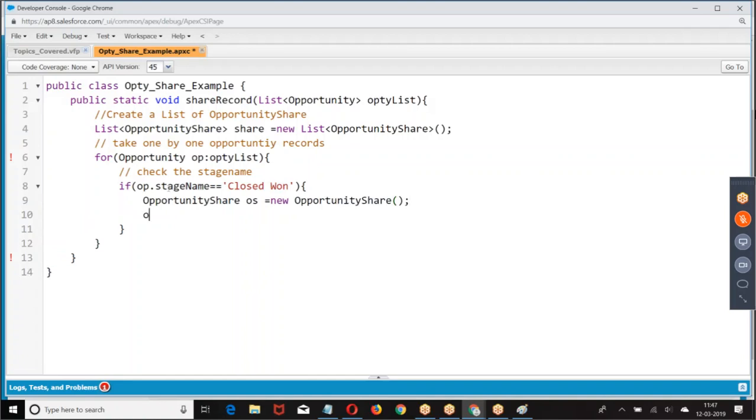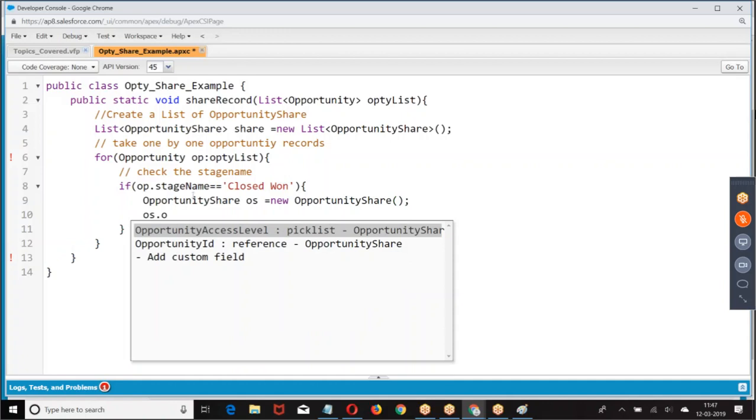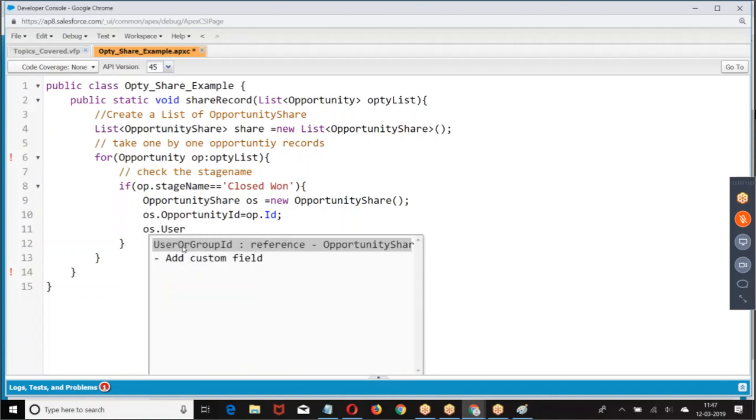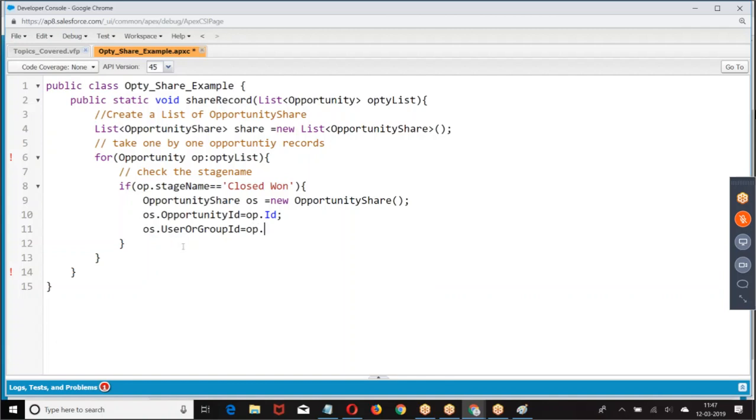Opportunity share: which record are you sharing? Opportunity ID equal to opportunity. With whom do you want to share? User or group ID equal to opportunity, whomever I selected as the manager there, which is a lookup to user.